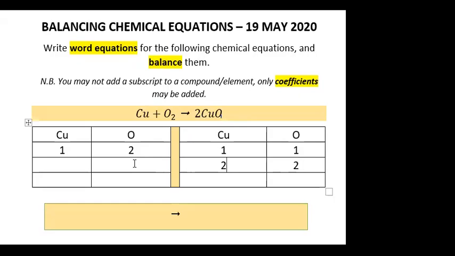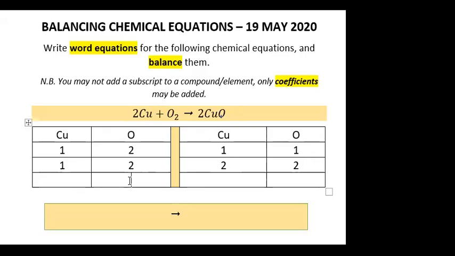Now, let's just tally up everything here. So I still have 2 oxygen atoms on the reactant side, and I have 1 copper still on the reactant side. Can you guys see that? Is it balanced now? Is everything fine now? What's missing? Tell me the element that is missing, a number. Yes, there's only 1 copper atom in the reactant, but there needs to be 2 copper atoms, right? So what do we do? We add a 2